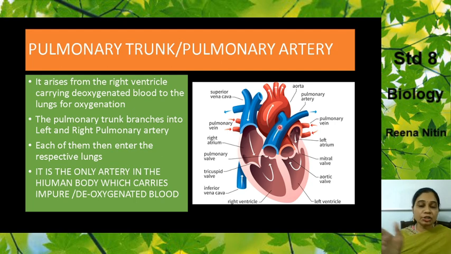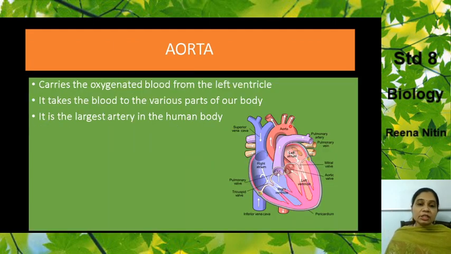Here it has not branched, so that is why it is known as the pulmonary trunk. Later on, it branches into the left pulmonary artery and the right pulmonary artery. You can see over here one branch here and one branch here. Again, why is it branching? Because it is reaching two different lungs, because you have a pair of lungs. So one is going to the right lung, one is going to the left lung for purification. All the arteries in your body carry the pure blood except this artery, the pulmonary artery.